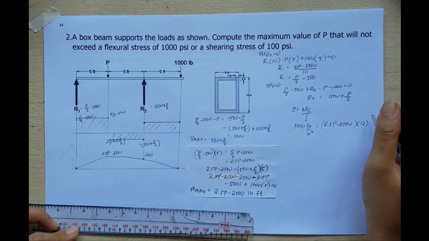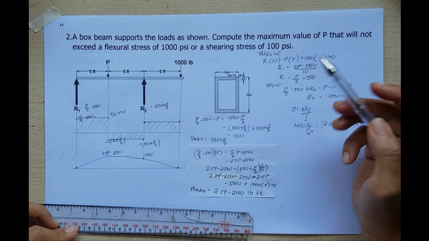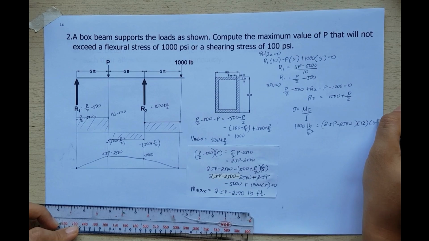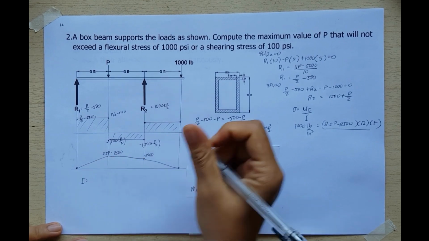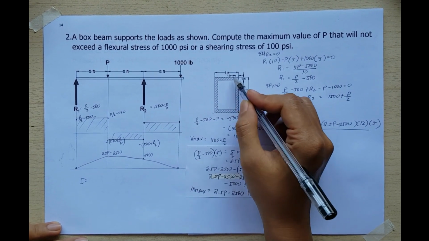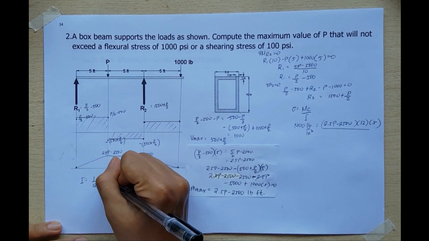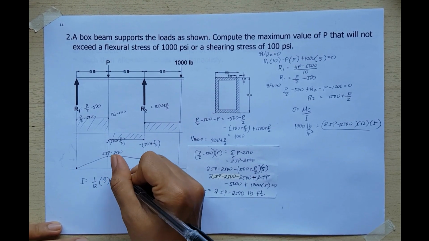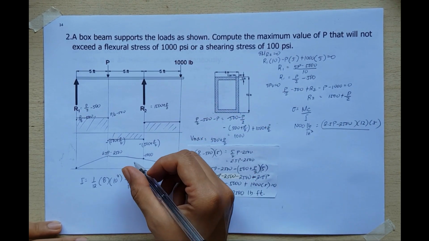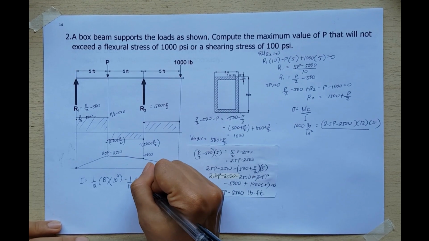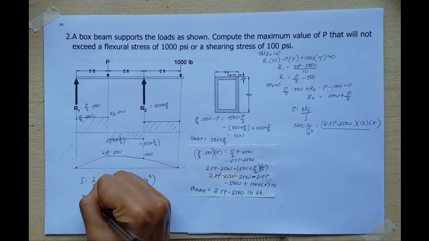And then, yung ating C. So, yung ating C is 10 divided by 2, which is 5. So, 5 all over yung I. So, yung compute pala natin yung I. So, yung moment of inertia. So, I will get the whole value of this rectangle and then minus natin to. So, we have 1 all over 12 of 8 multiplied with 10 cube minus 1 all over 12 of yung nasa loob, which is 8 minus 1 minus 1. So, we have 6. Height is 10 minus 1 minus 1. We have 8 cube. Therefore, the moment of inertia is equal to